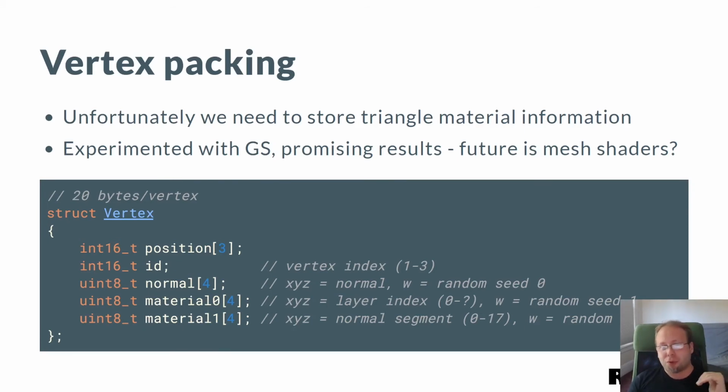Hopefully, at some point in the future, it's either going to be that we can use mesh shaders if they ever happen on mobile, or one alternative implementation is to use direct access to barycentrics, which you do get on consoles. So in theory, some GPUs may be able to provide this. But short of either of that, there are some hacks that you have to do, and we compensate for this by aggressively bitpacking data, bytepacking.